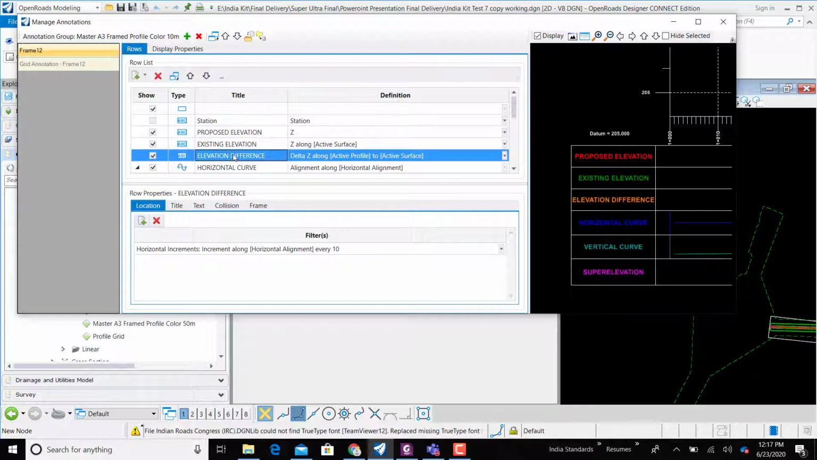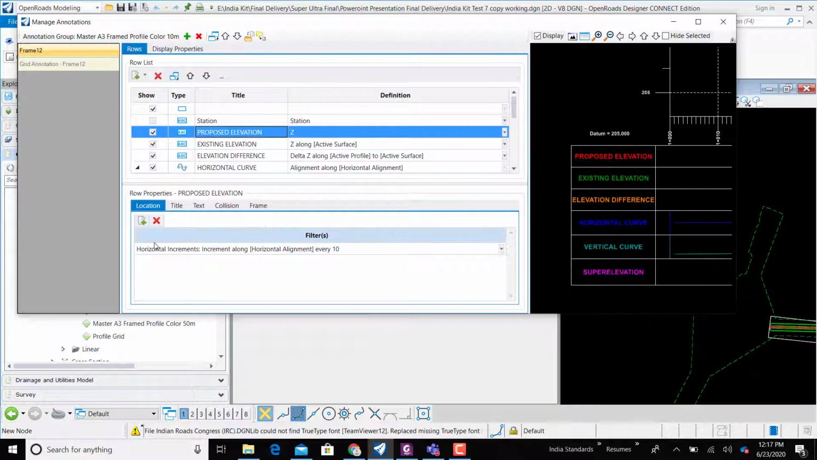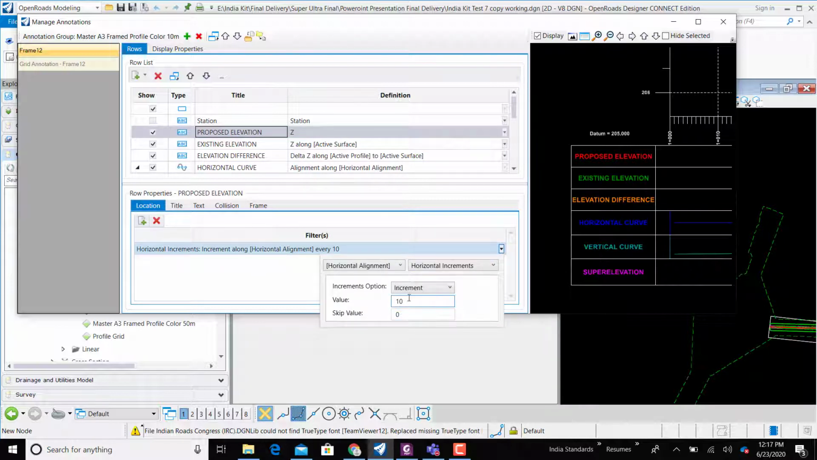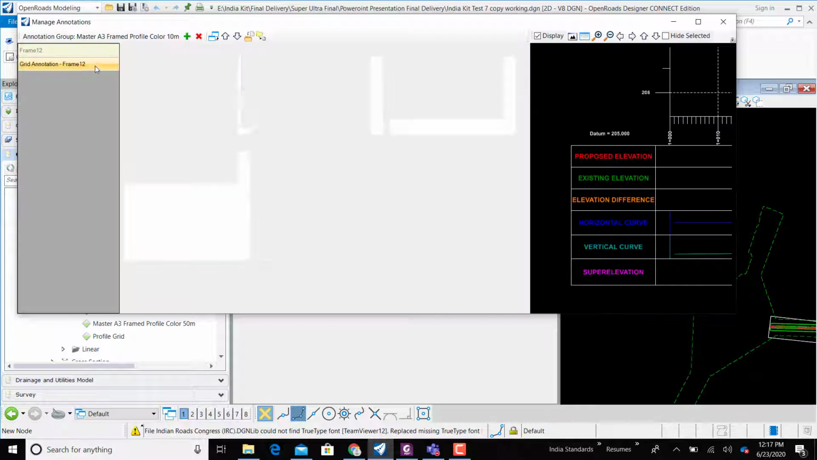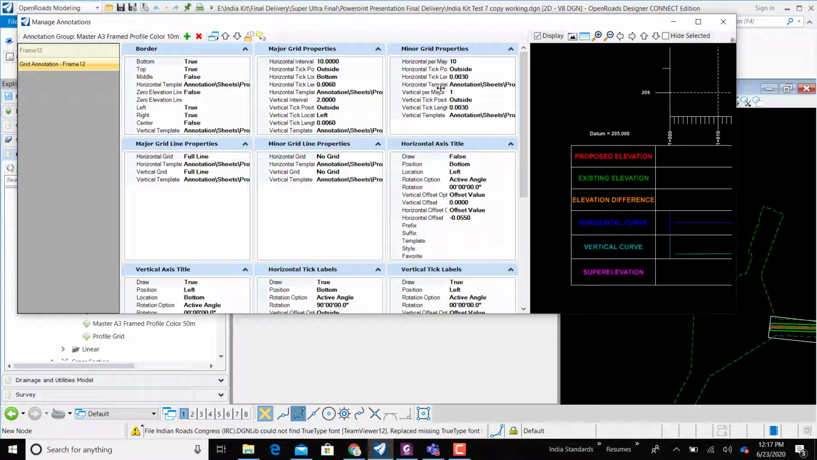You need to first click the row and then click the row properties as location. For that, drop down this and change the horizontal alignment value from 10 to 20, 25, whatever you want to keep as the interval. Always remember that this should be horizontal increments. This should always be selected as horizontal increments. This will avoid some ambiguity in your annotations when your interval of 1 kilometer changes. After making those four changes, in station, proposed elevation, existing elevation, and elevation difference,